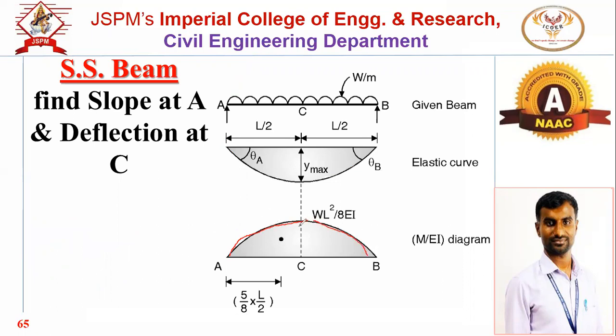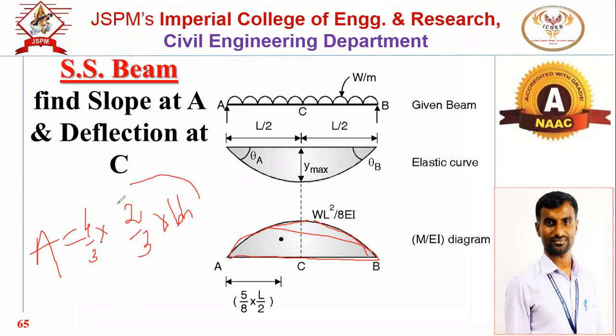Now for this kind of parabolic curve, what is the area? In the last session, I gave all the diagrams with their area and CG. Can you tell me the formula of the area for this parabolic curve? Yes, what is the area for this curve? Anyone? 4/3 b into h? No, that will be 2/3, not 4/3. Okay, 2/3 b into h.